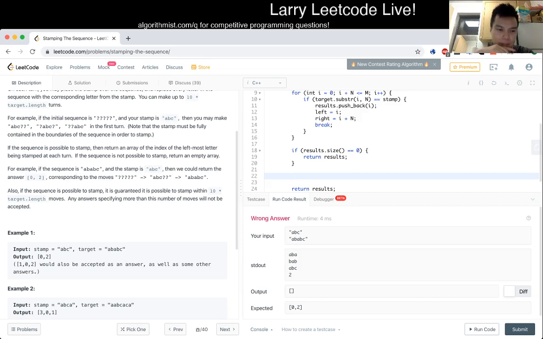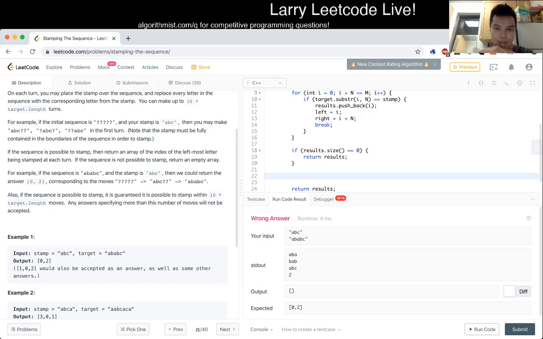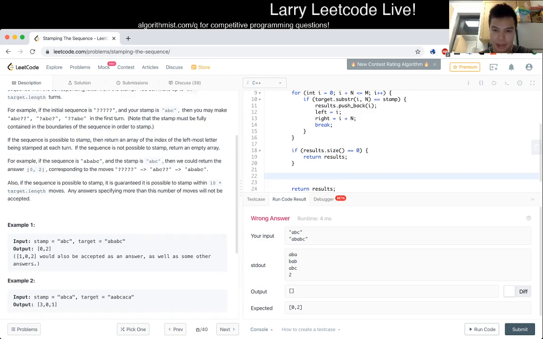Just stamp on the left, and until you get to left. Okay. So let's just do for i equals 0, i is less than left. Then we won't keep track yet, but